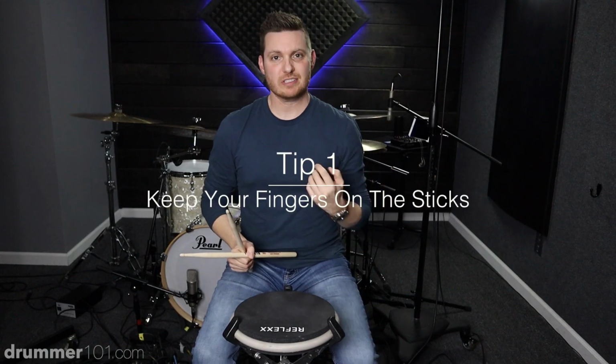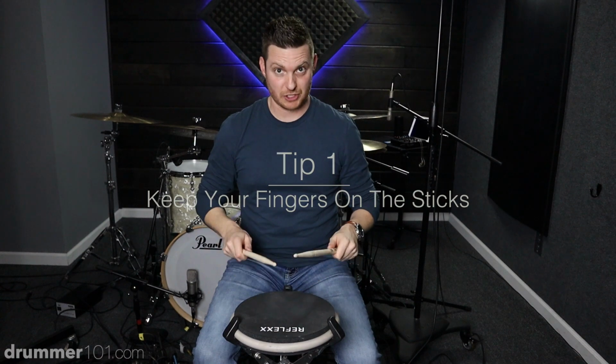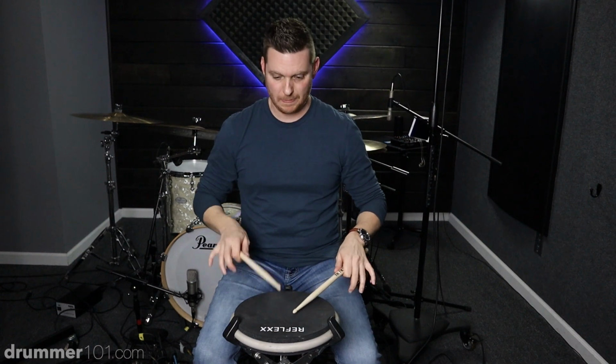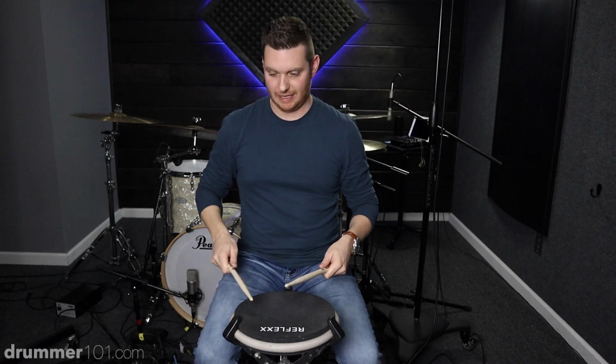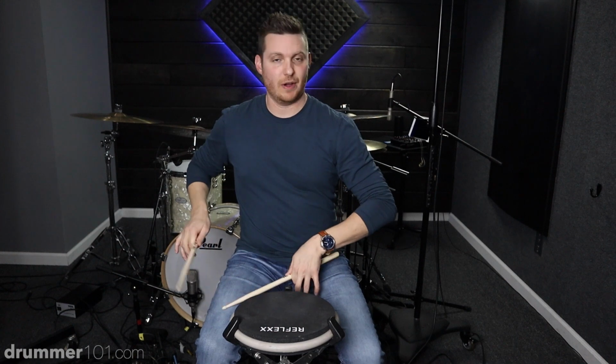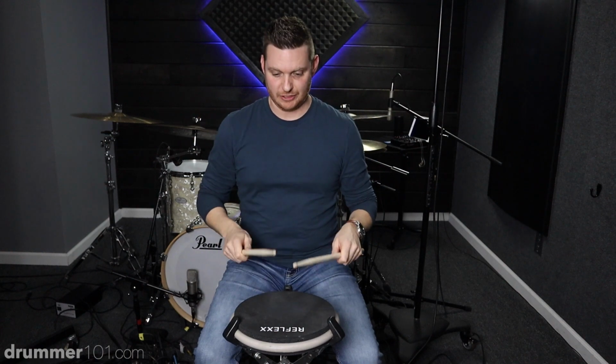Tip number 1, you'll see a lot of drummers go and play with their pinkies off of the stick, especially when they're trying to play fast drum rolls on the snare drum. They'll get something that sounds like this, which doesn't sound terrible, but when you play on a surface with no rebound, you don't have any multiple stroke bounce, giving you a lot less control. Keep the pinkies on the stick and you'll get